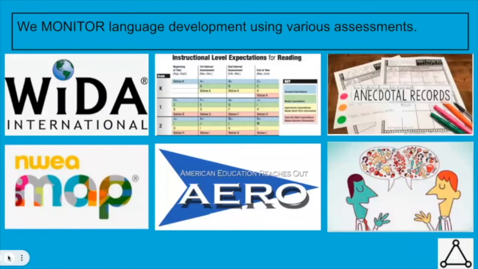One way that we can be most effective is by making sure that we are monitoring the language development through